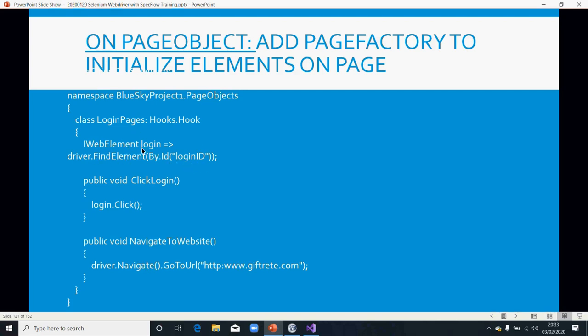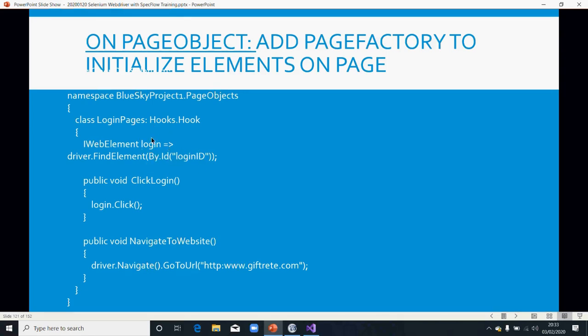So the next step that we're going to look into now is what exactly is this and how do you use them? Where is this coming from? I'm going to show you using a particular example. But what this is telling you is that I've got a login, which is a web element. Then also this login, I can find it using, you remember we declared a driver before, which I called our messenger basically. And this driver is going to find an element for me, and this element will be found by ID, and the ID is called login ID. So this is what you are trying to do.